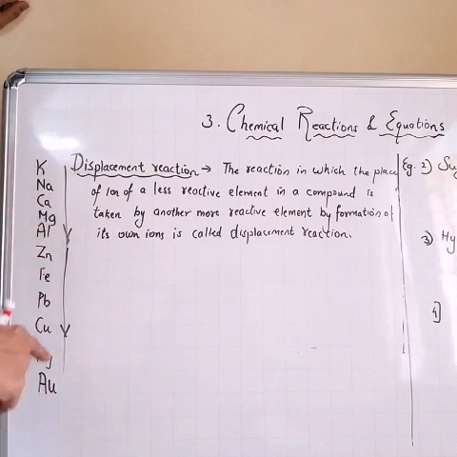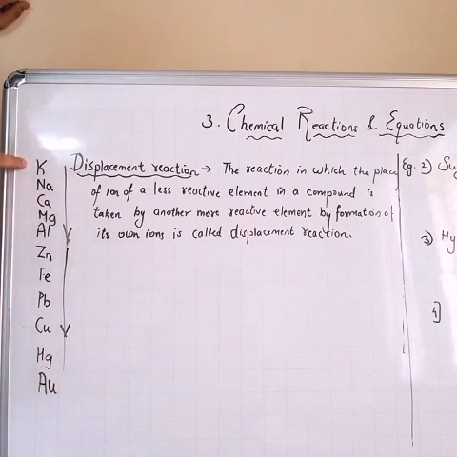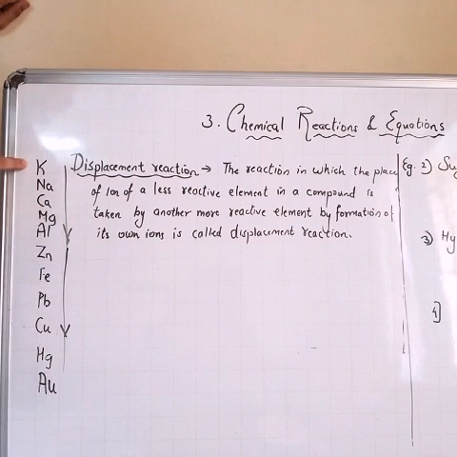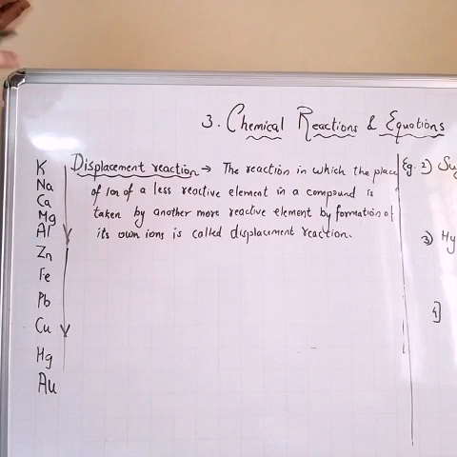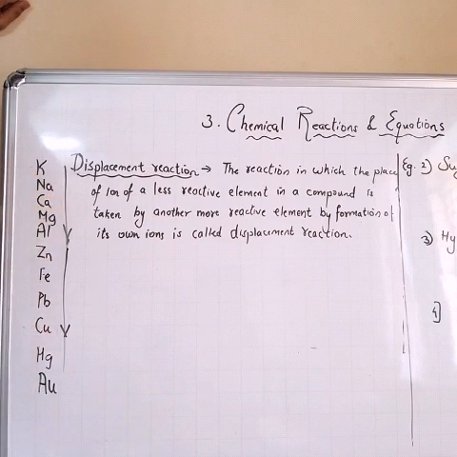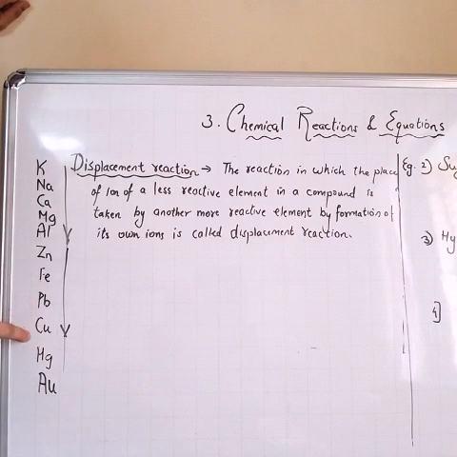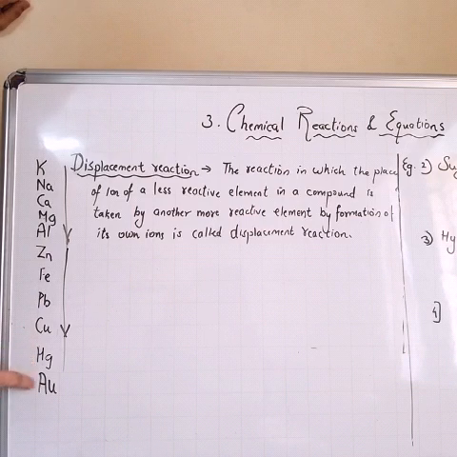As we go down, the reactivity goes on decreasing. At the top, the metals are having maximum reactivity. So in a chemical reaction, the reaction with other elements is maximum of these particular elements. As we go down, okay, the reactivity goes on decreasing. I'll name this: potassium, sodium, calcium, magnesium, aluminum, zinc, iron, lead, copper, mercury,